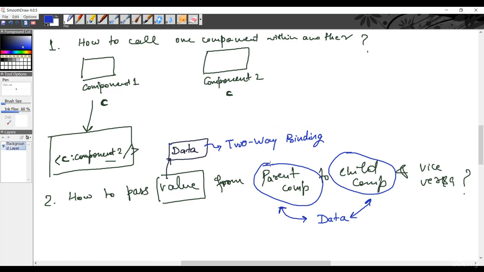So if component 1 is the parent component, and component 2 is the child component, how do we define which one is parent, which one is child? If in component 1's markup I am calling component 2, then component 1 becomes parent, and since I'm calling component 2 within component 1, it becomes child. Okay,